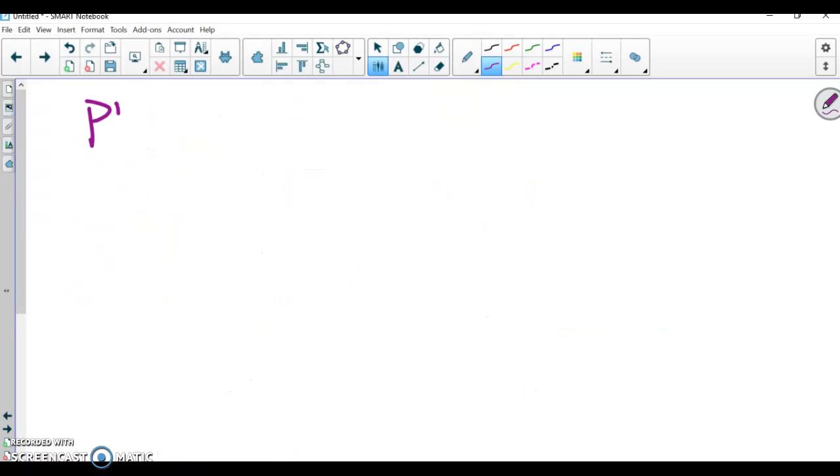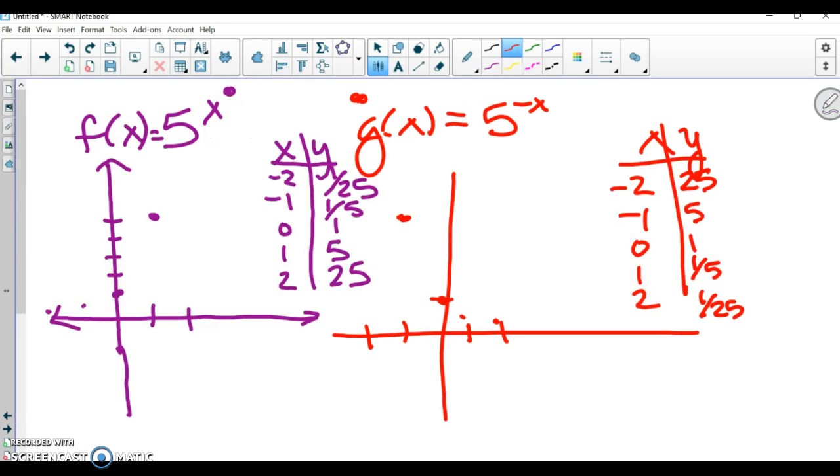Please try right now. Please try numbers 9 and 11 in your problem set. Pause your recording and then come right back and we'll look at the solutions to those. So I've gone ahead and created the tables for problems 9 and 11, and we are comparing 5 to the x and 5 to the negative x. And I plotted these points, understanding x as a positive